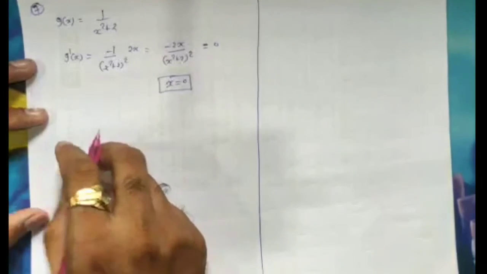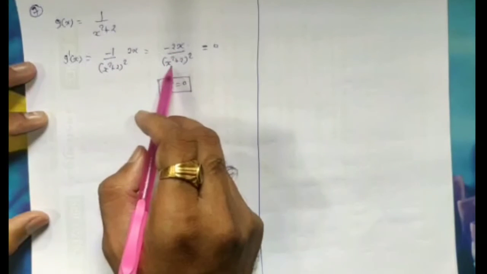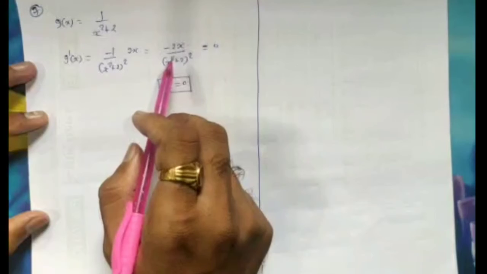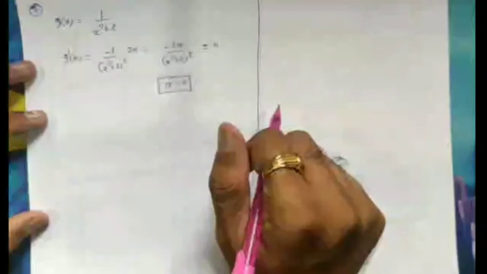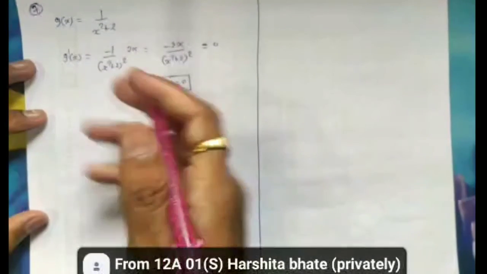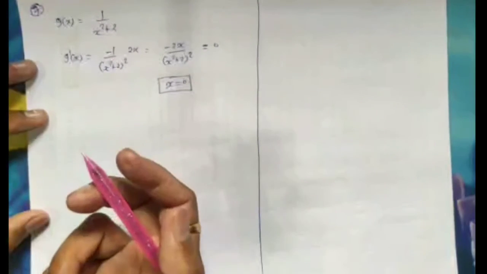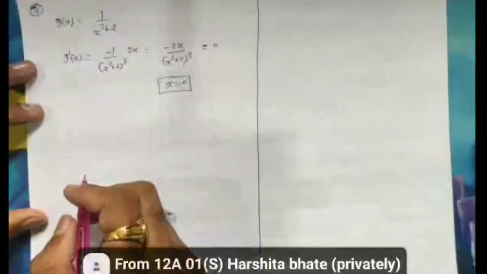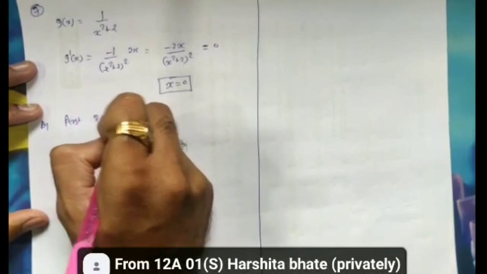Now for the identification step, we have to find the second order derivative of this -2x upon x square plus 2 whole square. अभी देख के पता चला है, पूरा चैप्टर हमने स्टडी कर लिया है ना। अगर इसका हम सेकंड ऑर्डर डेरिवेटिव निकालने जाएंगे तो कर पाएंगे, लेकिन वो अभी पूरा लेंथी हो जाएगा, है ना, तो वो हमें नहीं करना है, क्योंकि एक ही क्रिटिकल पॉइंट है। तो क्यों ना हम इसके आजू बाजू में इसका जी डेश का साइन चेक कर लें, है ना। फर्स्ट ऑर्डर डेरिवेटिव तो कितना अच्छा हमारे पास, तो वही क्यों ना यूज करें, तो वो हमारा रिवीजन भी हो जाएगा। तो लेट्स यूज फर्स्ट डेरिवेटिव टेस्ट।